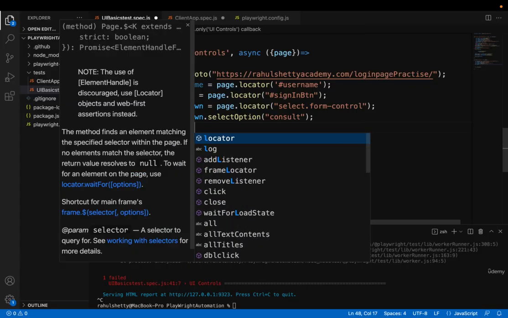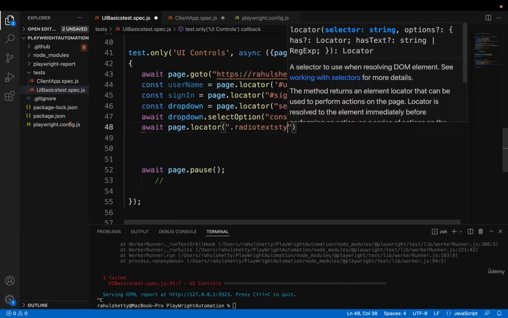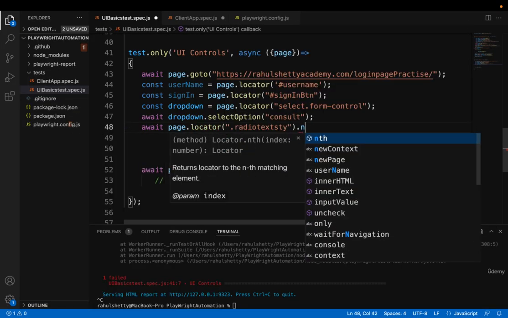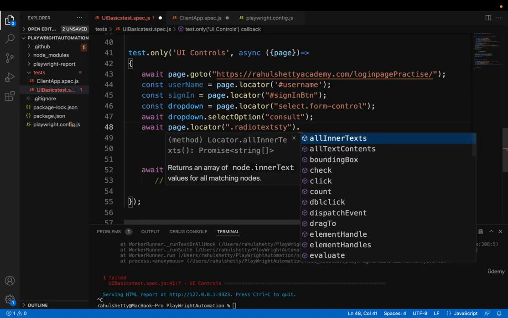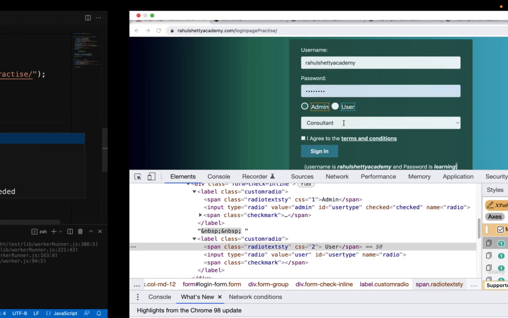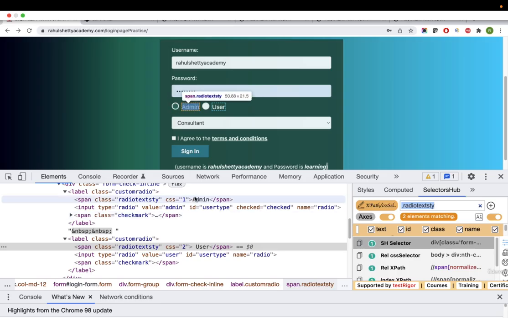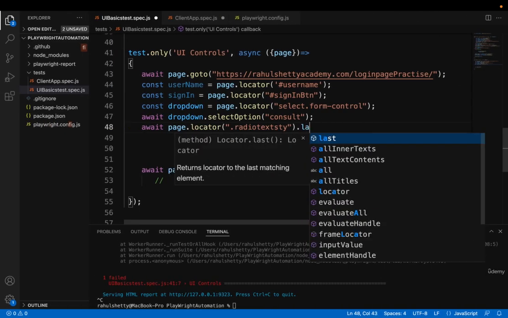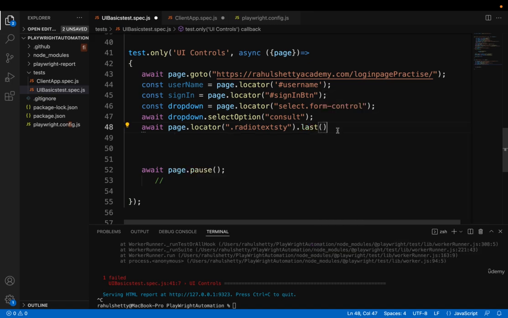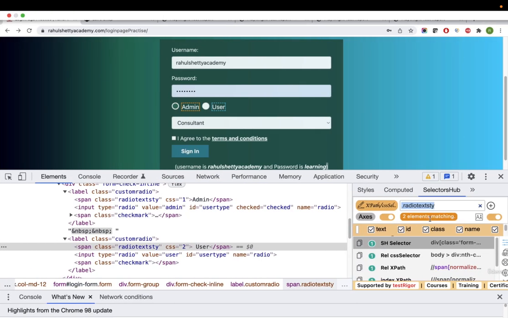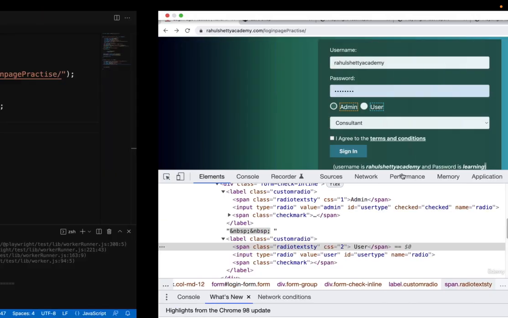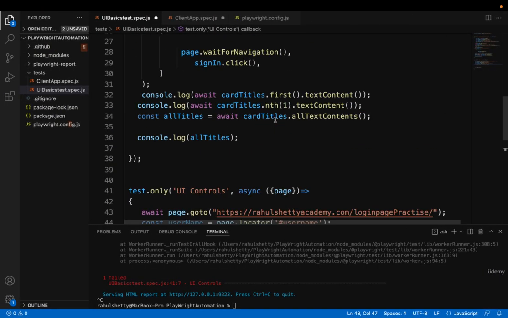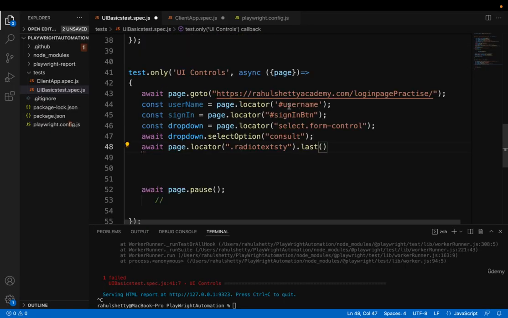Await page dot locator. Here we have written CSS. We know that it's returning 2 elements. If you say dot first, then what will it select? It will select this admin one, right? It's highlighting that. If you want to select the last one, there is a method called last also. If you select last, then it will figure out what is the last element. But if there are more than 2, let's say 5, and you want the second one, then you have to do nth of 1, which we have already seen in the previous lectures. Now let me show you this one, last. This should click on that user